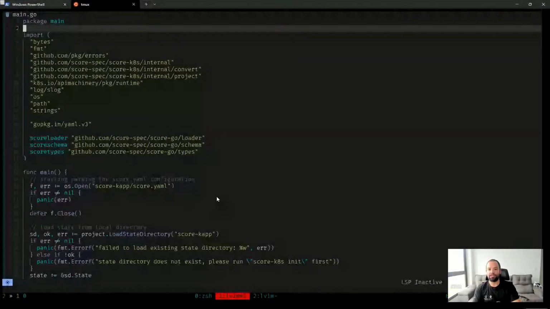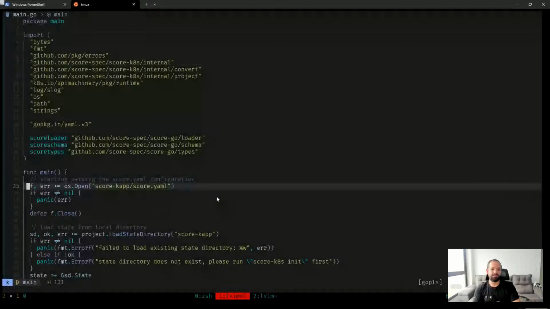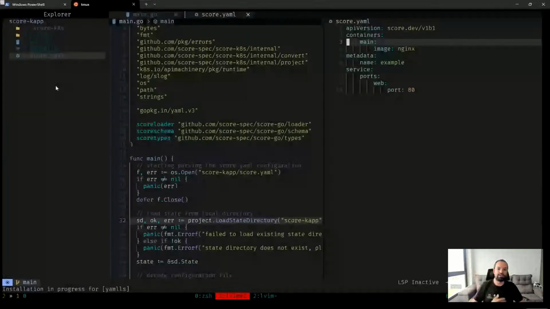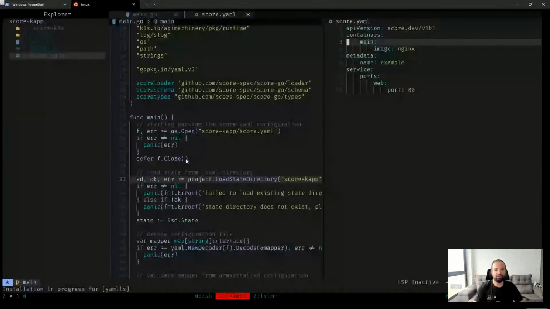So basically it was a Score YAML. I have a very lean example here of image and Nginx, and I have the metadata, and then it reads this file here